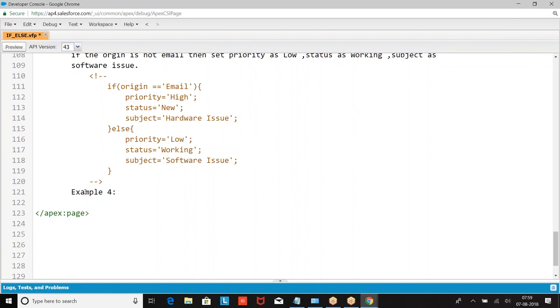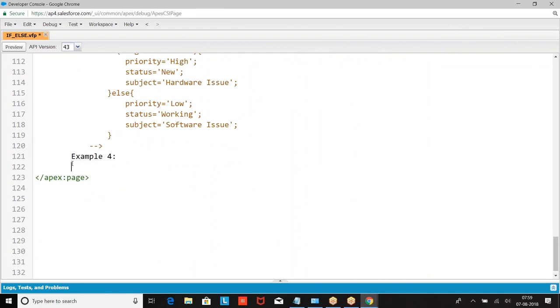So if it is true, do this. Else, check whether it is Bangalore or not. Else, check whether it is Chennai or not. Now we are doing if, else. If true, do this. False, do this. Now what are we doing? If true, do this. False, check this. If, else if. Look at the condition here.